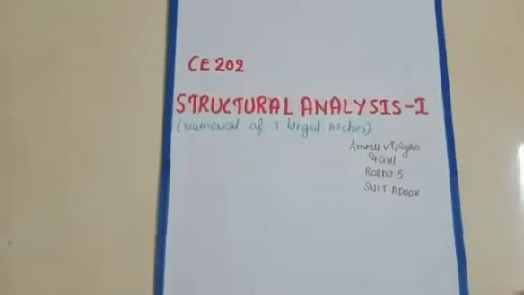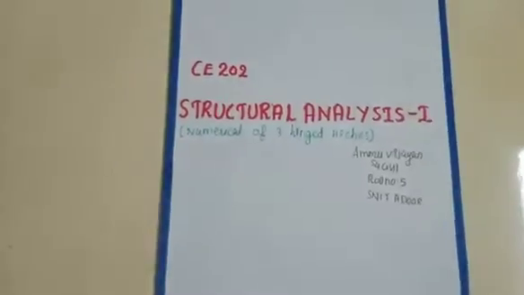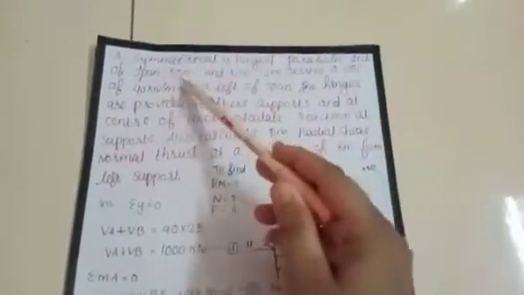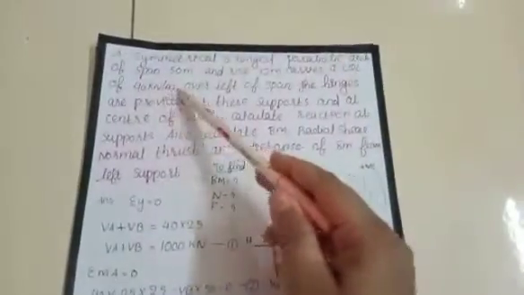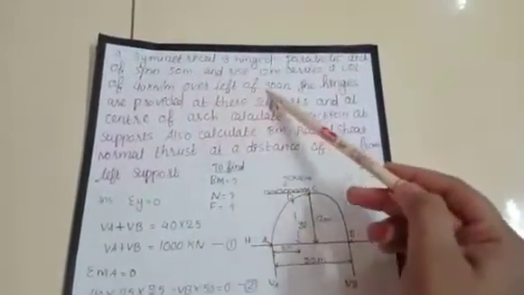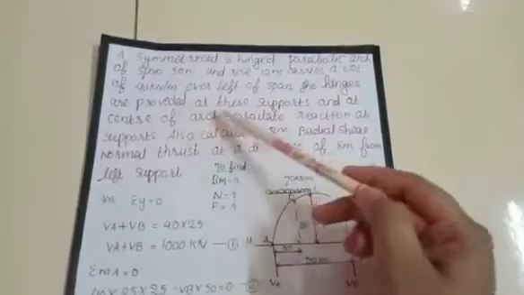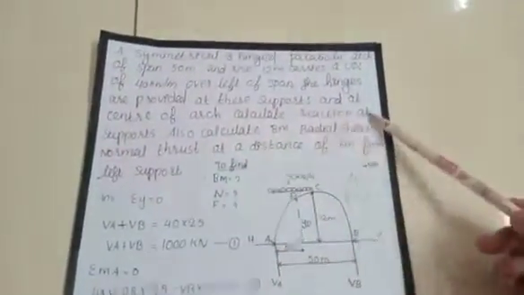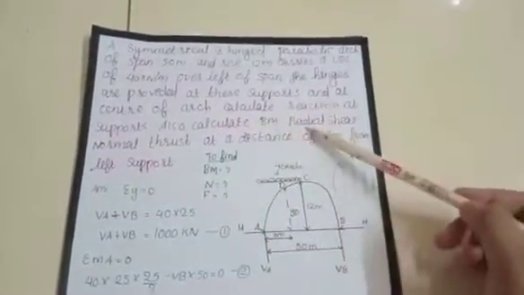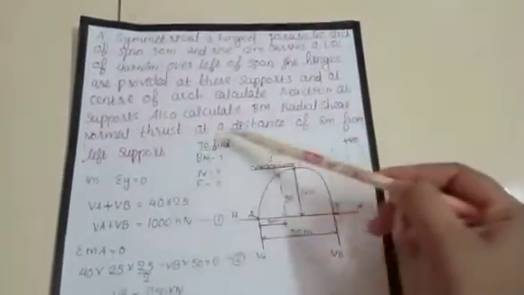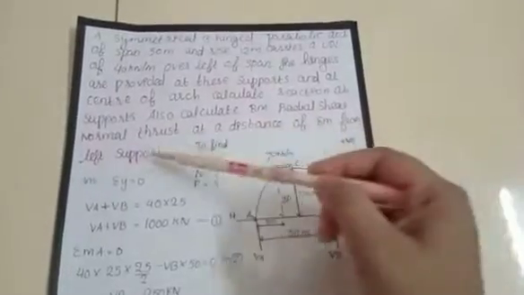Topic is numerical of 3-hinged arches. The question is: a symmetrical 3-hinged parabolic arch of span 15 meter and rise 12 meter carries a UDL of 14 kN per meter over left of span. The hinges are provided at the supports and at center of arch. Calculate reaction at support. Also calculate bending moment, radial shear, normal thrust at a distance of 8 meter from left